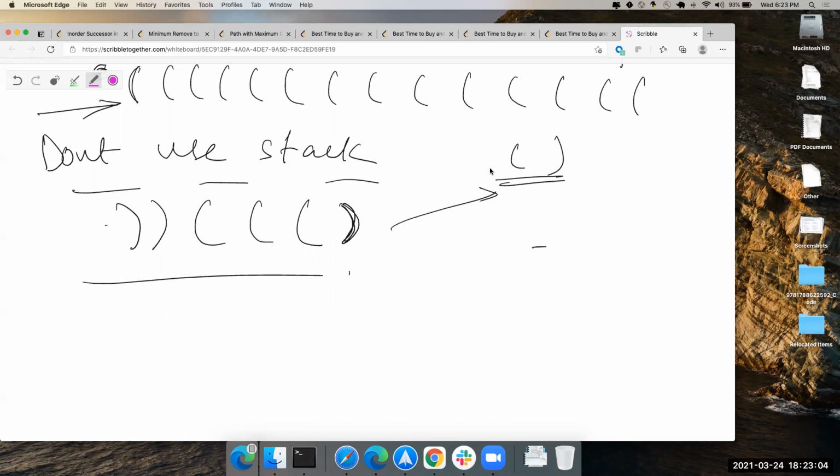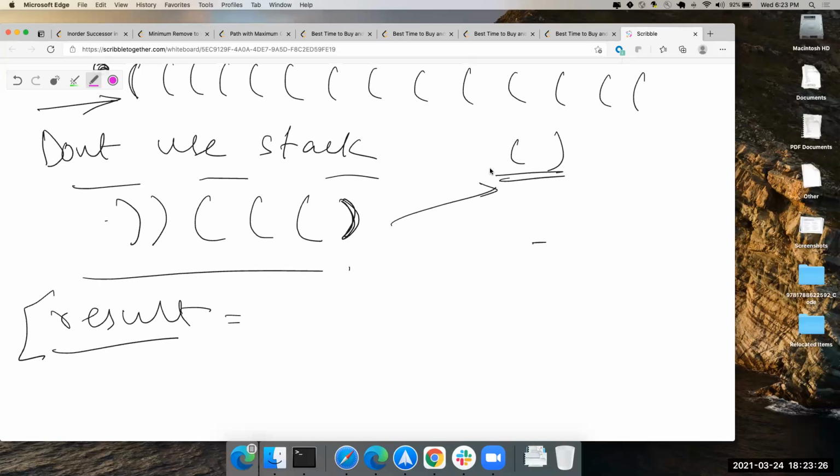Your counter, but I can't use an array either, can I? No. Array for what? To keep track of the invalid indexes. No, don't use that. You can use your result or your string builder, whatever it is, which will eventually be returned. Okay. So if I have my string builder and a counter of open braces, let's say it's called opens and closed, or you only want open.